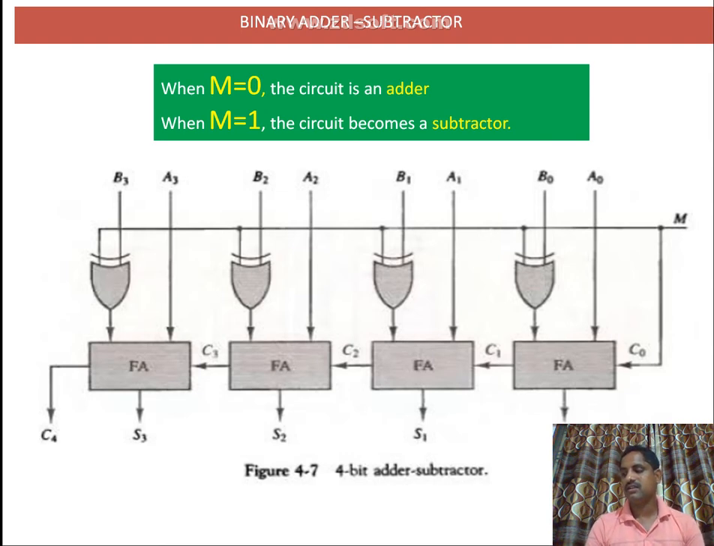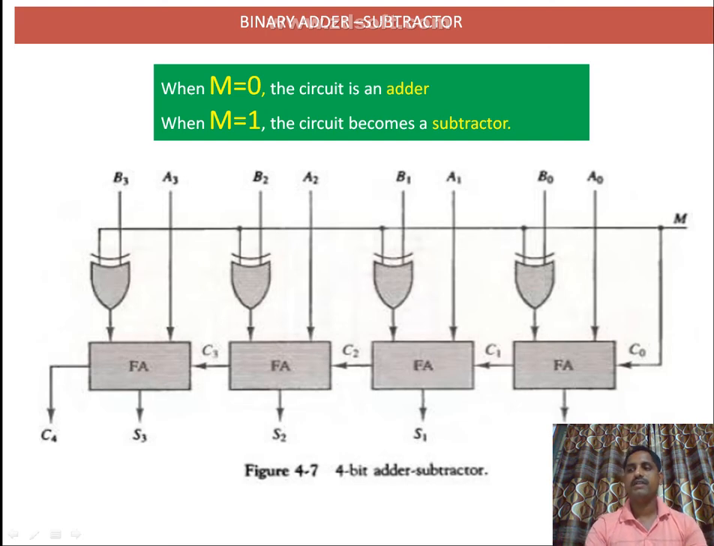Here we can use the full adder, the least significant bit of the pair of bits. So the addition and subtraction operations can be combined into one common circuit by including an exclusive OR gate with each full adder. Here is one exclusive OR gate, in each full adder we can connect one exclusive OR gate. Here the mode input M